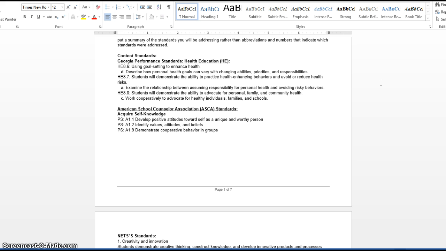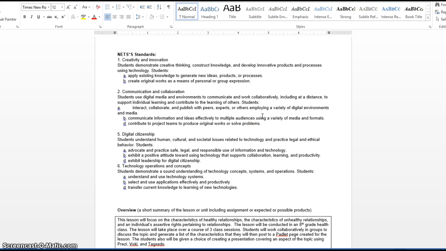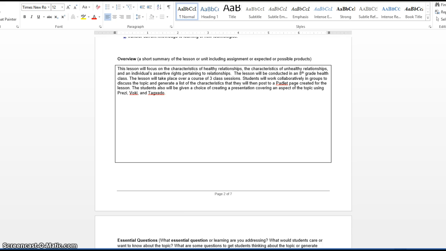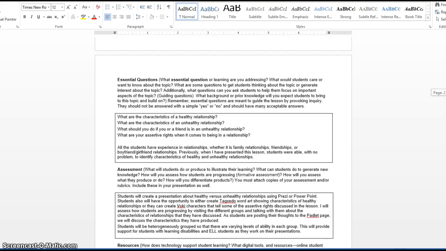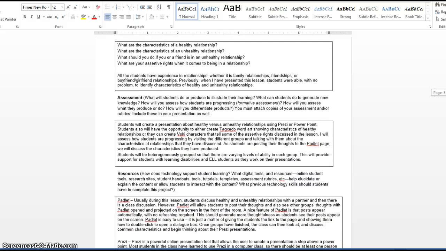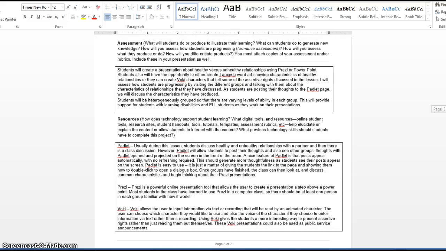So the standards that were covered fall under the Georgia Performance Standards in Health Education, also the American School Counselor Association standards, and then of course the technology standards since I was incorporating the technology into the lesson. As I said, the lesson focused on healthy relationships versus unhealthy relationships. We also talked about assertive rights when it comes to relationships. We didn't do as much on that, but we did get into that, and the students worked on a small